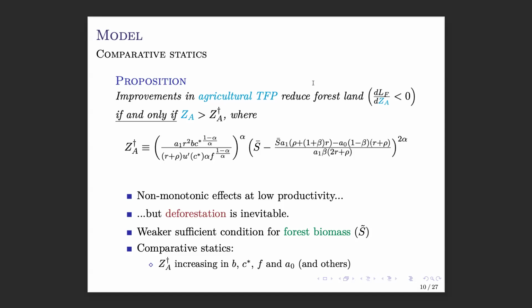And if that price effect is sufficiently large, then you don't need as much of a quantity adjustment, and so you can have this land sparing effect that I described, the forest land sparing effect, where improvements in technology actually increase forest land. But if you have a limited price response in the non-agricultural sector, you need a big quantity response, and the consequence is that to get the increase in return on forest land, you need it to be the case that there's actually a reduction in forest land.